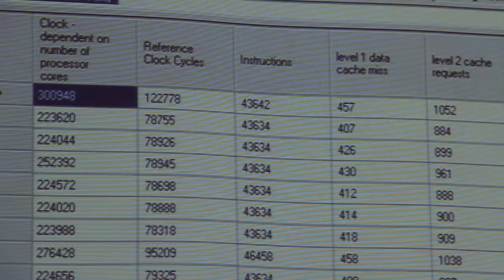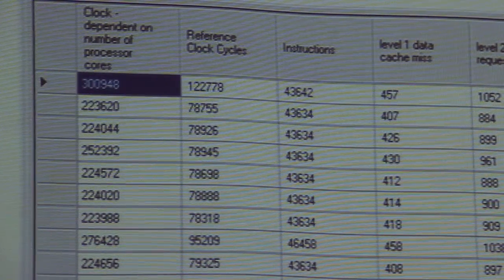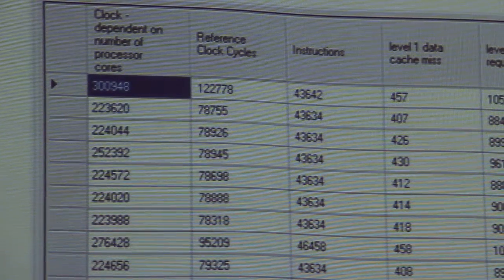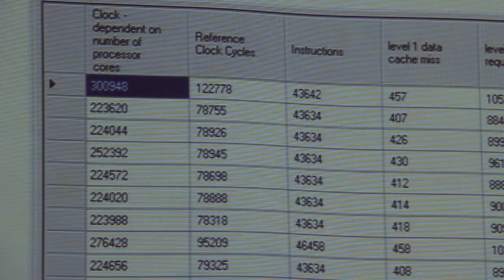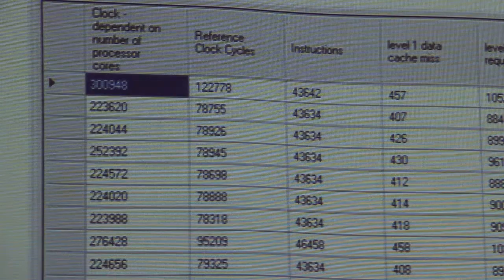The cout is around 43,634 instructions, and it's around 80,000 clock cycles.